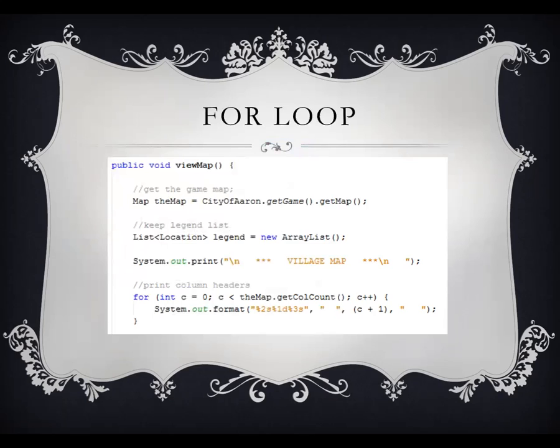But when C is less than the map get control count, which means to continue the loop to this statement, as long as C is less than the length of the map get control code. Lastly, after the body of the loop gets executed, the control jumps back